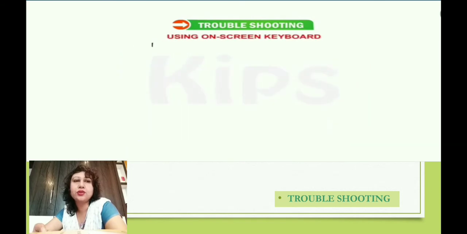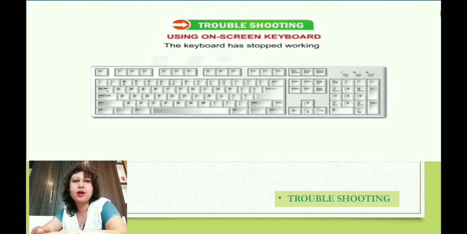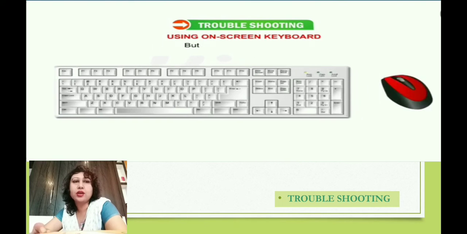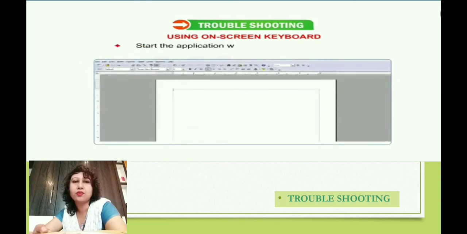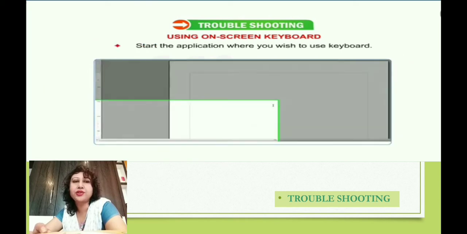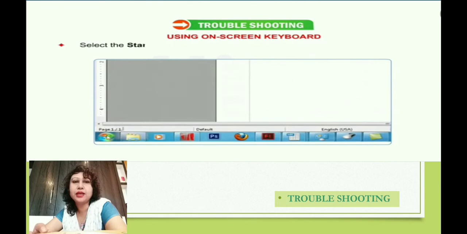Then next, using the on-screen keyboard. How we can use the on-screen keyboard. Now let us consider the reverse scenario where our keyboard is not working, but the mouse is working. Windows has an on-screen keyboard, which can be operated with the help of a mouse if our keyboard is not working. So we have to start the application where we wish to type, use the keyboard, and then